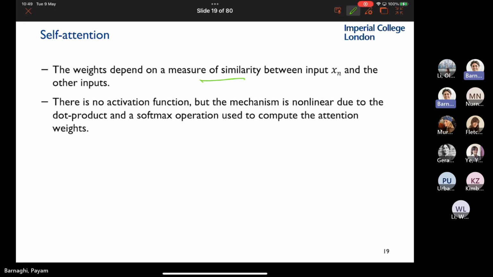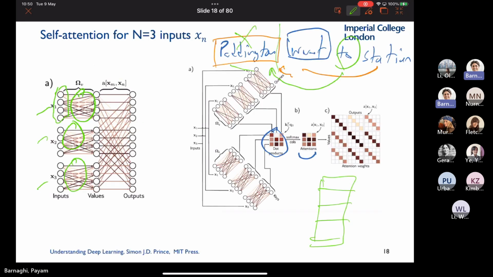And there is no activation function, by the way. This is very, very interesting. For those of you who have designed neural networks, this might come as counterintuitive. Up to this point, in any of the networks I showed, there is no activation function whatsoever. This is one of the interesting architectures. You just directly apply the weights and carry on, except you have a softmax function here, but that's not an activation. And one thing I need to correct: when I said fully connected perceptron models, I forgot to say they don't have activation functions.